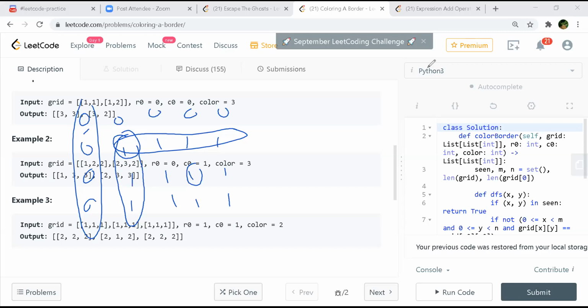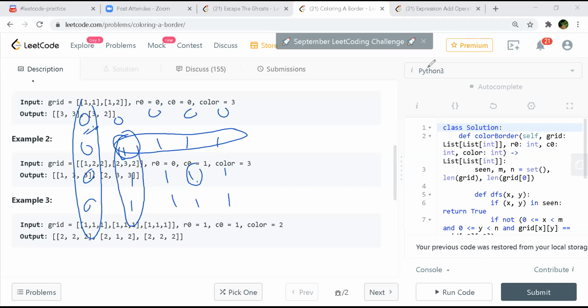Because when you come from 1 to 1, this is 1, 1. So even if you ignore this, you come to this 1, your parent is 1. But then you actually go only when your current node is 0 and this is 1, but you are already on your current node 0, and you are not at the parent. So how do you address that? How do you go back and make that a different color? Maybe I'm not clear though. To be honest, the question is not very clear to me, maybe.